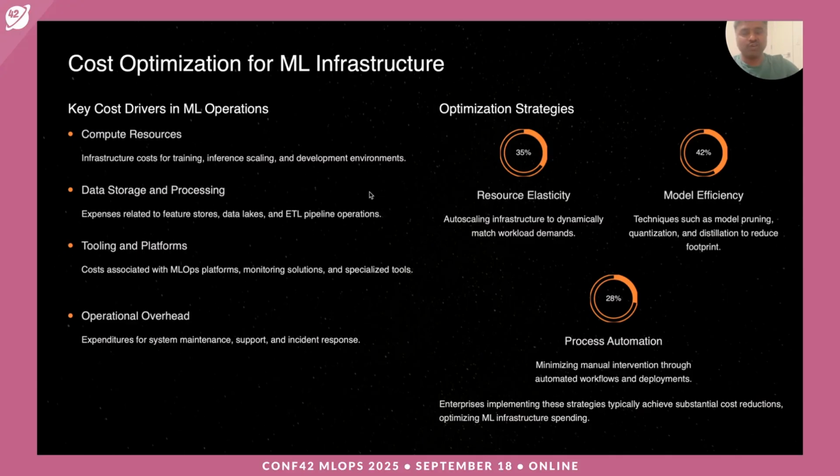So I think all the GPU hardware is expensive. For building any MLOps pipelines, there are a few things we need to keep in mind so that we are building in a much more efficient way. Key cost drivers: looking at compute cost, as we all know, all the GPUs are extremely expensive. Definitely need to consider that, and also data storage and processing, the data pipelines, feature stores, ML pipelines, how do we generate this data is also the next aspect of where the cost could come in.